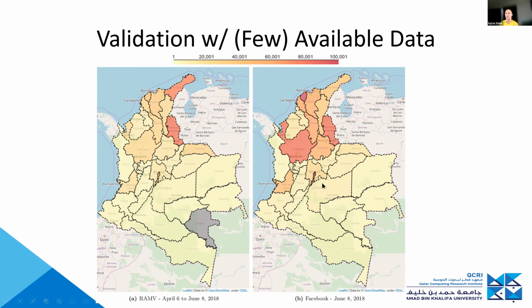So the question is, who's wrong, who's right? In a sense, the one on the left is gold standard data. This comes from the government itself. But because we were working with people in Colombia during the response, they actually told us that the data distribution on the right looks more plausible. In their own observations, there were a comparable number of people further inland as at the border. Their hypothesis was that this official data was skewed by the fact that the self-registration efforts were more pronounced closer to the border, in terms of advertising the self-registration campaign.